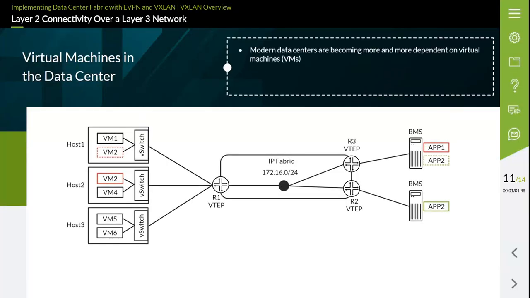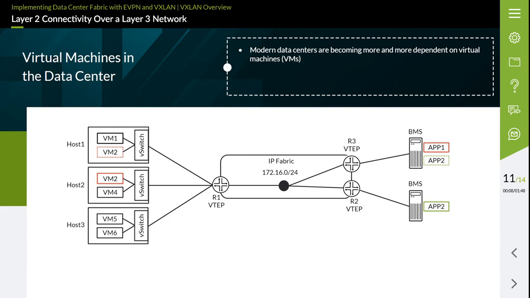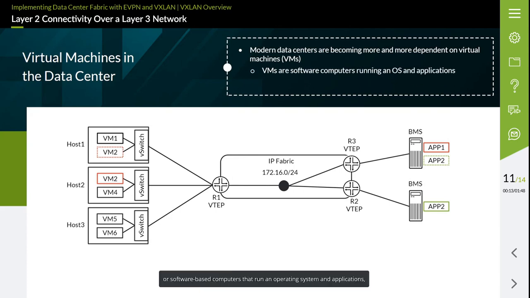With the introduction of virtualization within a data center, the manner in which applications and physical hardware interact has changed drastically. This change has brought about new networking requirements. Virtual machines, or VMs, are software-based computers that run an operating system and applications and can be run on an underlying physical host. A single physical host machine can be host to numerous virtual machines. The ability to move a virtual machine to any physical host within the data center enables a more efficient use